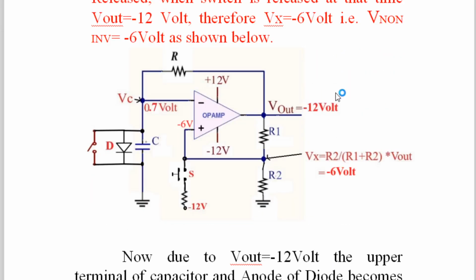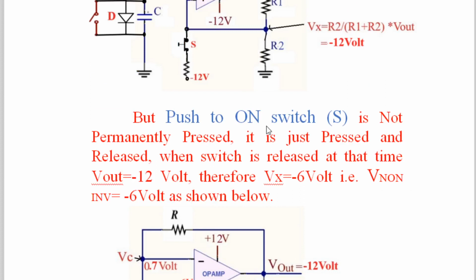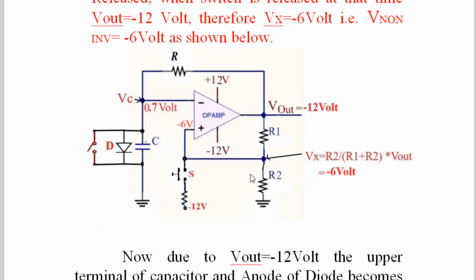So here, now see here, the push to on switch is not permanently pressed. It is just released. When the switch is released, at that time V out is equal to minus 12 volt, no doubt. At that time V out is equal to minus 12 volt. Output has been changed from HVL to minus 12. Therefore, now when you press the switch and release the switch, the output has gone to minus 12 volt. Output changed its state from HVL to LVL,